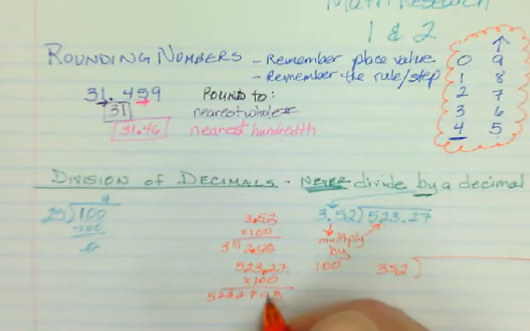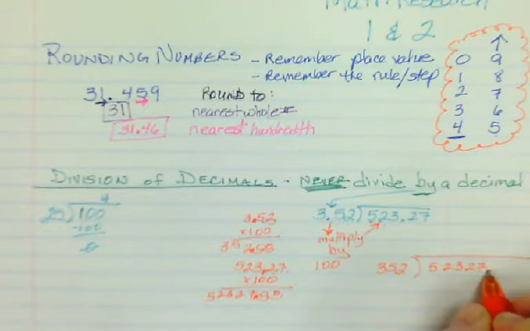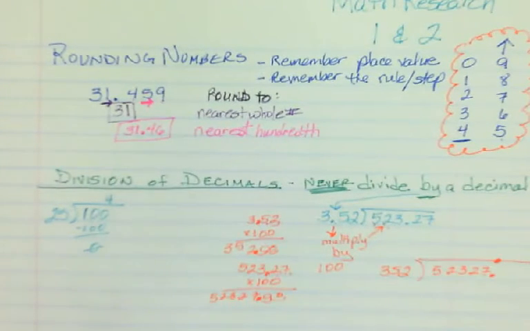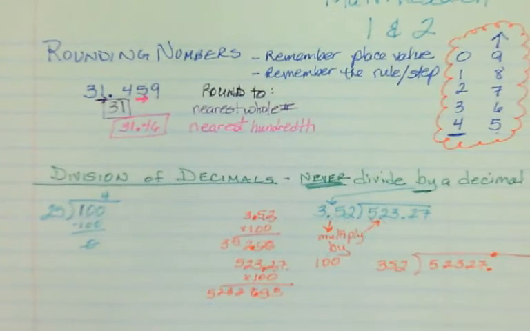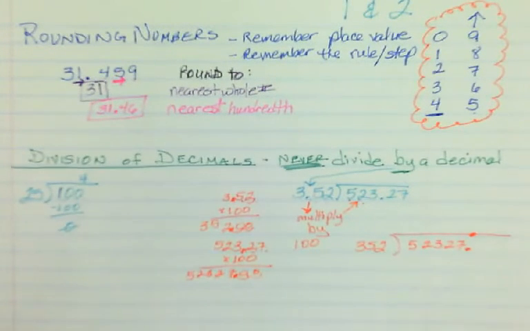So I'm going to go 1, 2 places here. And now inside I've got 5, 2, 3, 2, 7. And that's where my decimal is. And then I would just do the regular division like normal. Okay? Remember, I multiplied by 100 because I had 2 decimal places. I remember it in my brain because 100